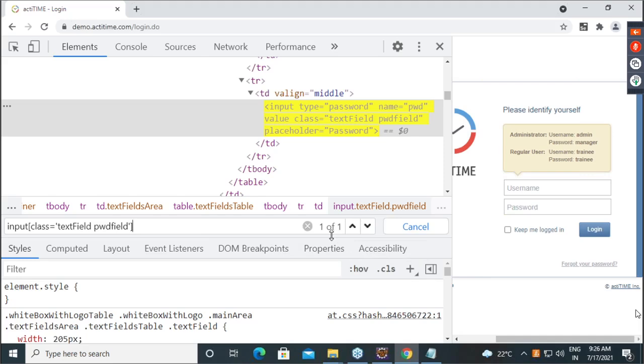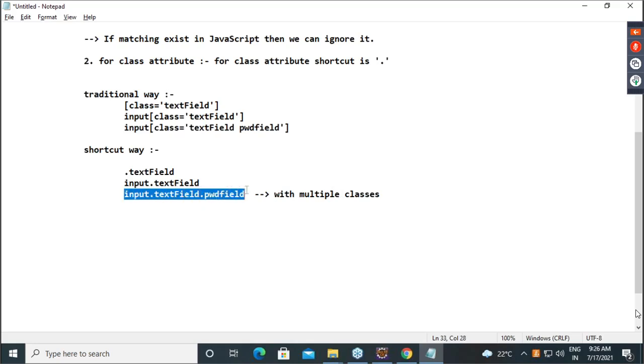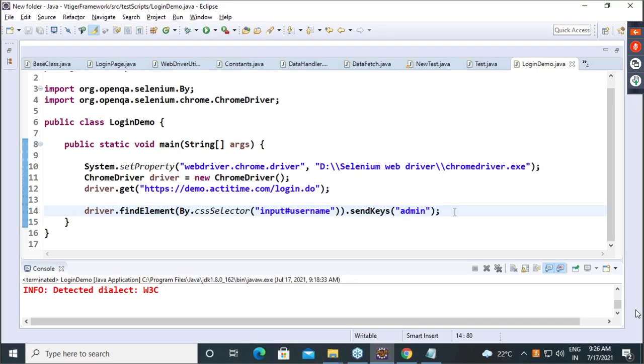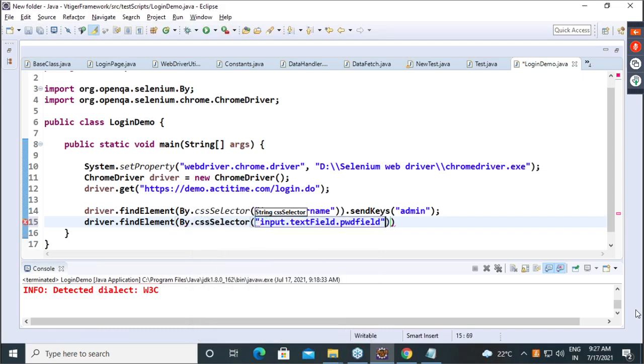Am I clear? Okay. So now guys, shall we try whether this is working or not? Now I will enter driver dot find element by dot CSS selector input dot text field dot PWD field dot send keys of manager.